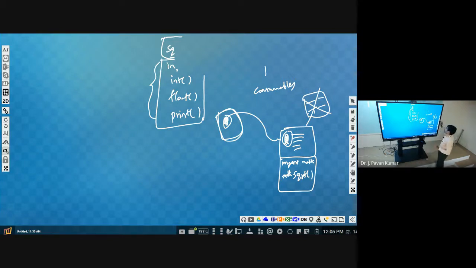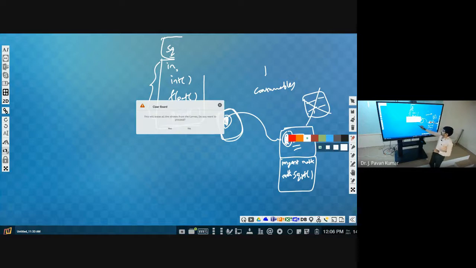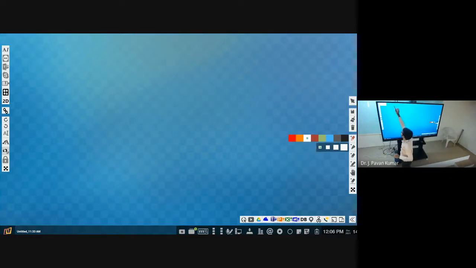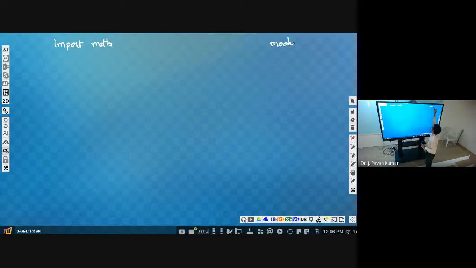So now, whatever math we are importing, import math, this math is nothing but a module. This math is called a module. What can we have inside a module? Let us consider the math module only.